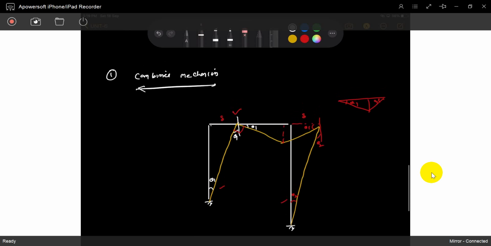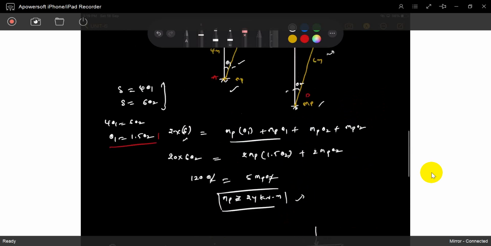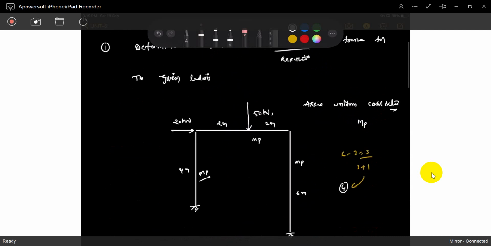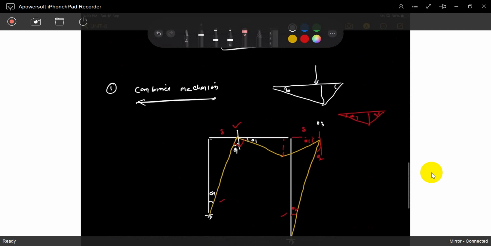Suppose again the problem, the load is not acting at the center, somewhere it's acting here. What will happen? This theta and this theta are also not equal. So if you see, the 50 is not acting at the center of the 20, it is acting somewhere here, so once again the theta is some theta 3. We can easily calculate it by this delta. Previously we did it. This theta 1, this is theta 2, you can calculate it. Now this is theta 3, some different theta. The previous problem we solved.